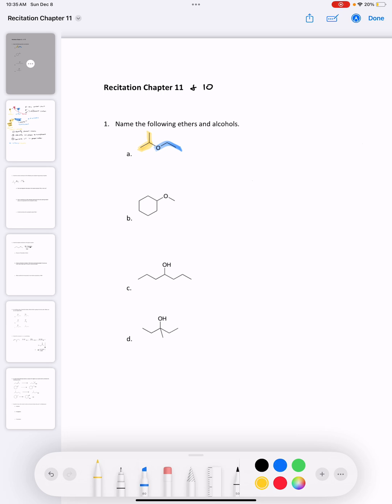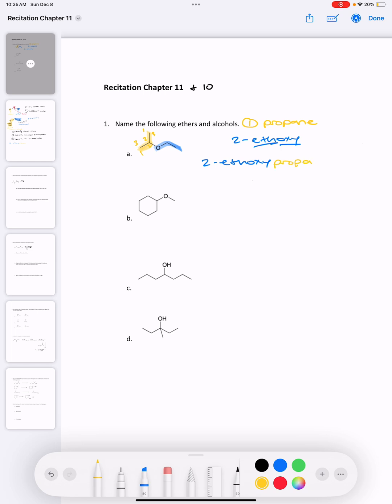So the parent chain is what we do. Step 1, we name the parent chain. That's propane for the 3 carbons. And then we number it 1, 2, 3. We have a substituent on number 2, so either way it doesn't really matter. If we numbered it from this side, the substituent would still be on number 2. And so then our substituent is on 2, and it is an ethoxy. Eth for 2, and oxy because it has that oxygen. So this whole name would be 2-ethoxy